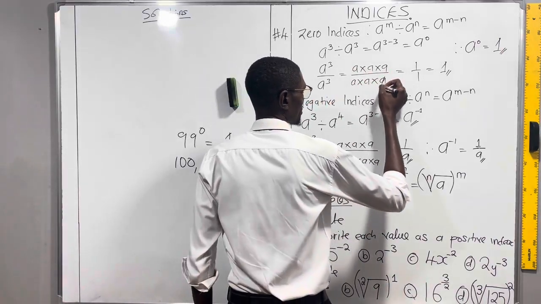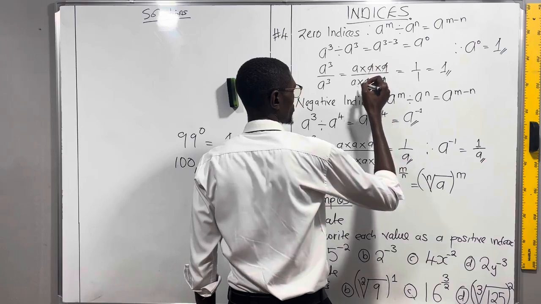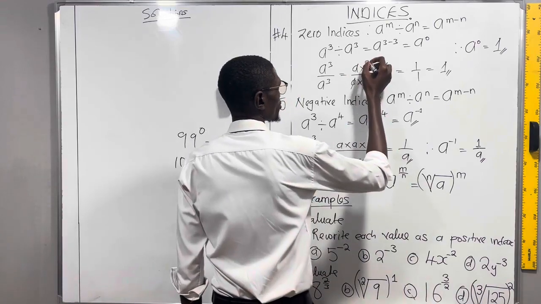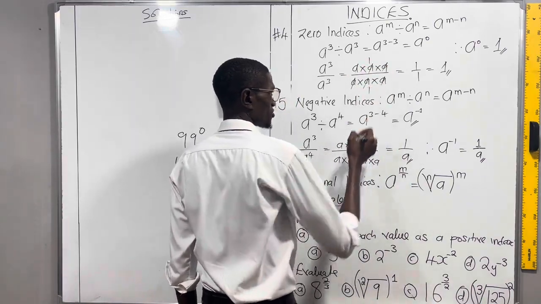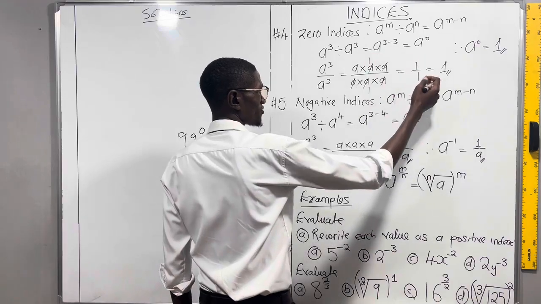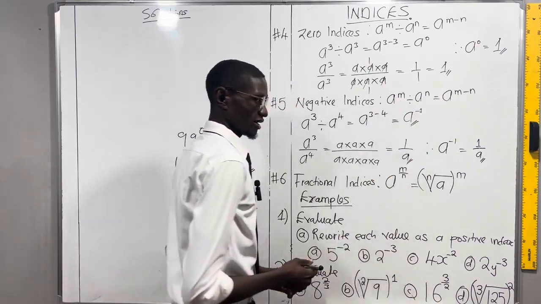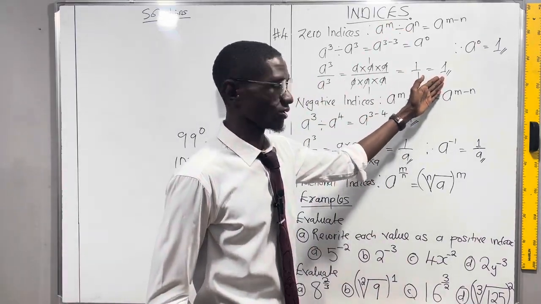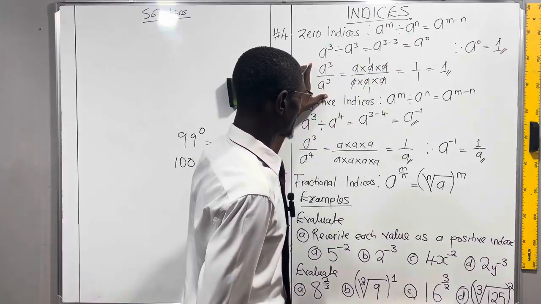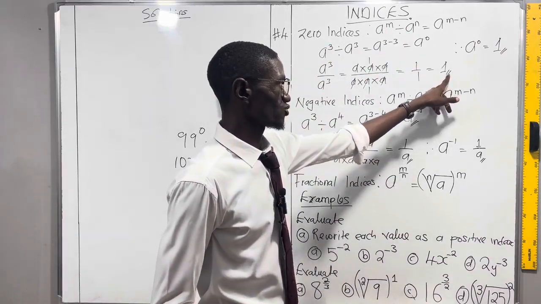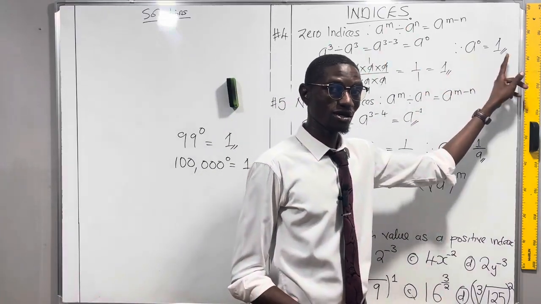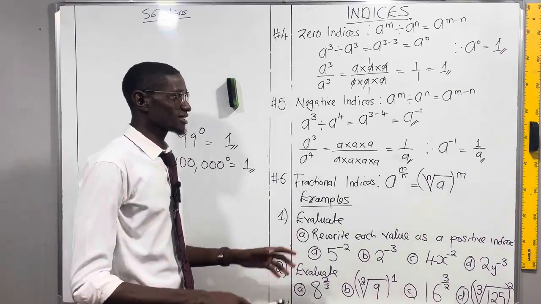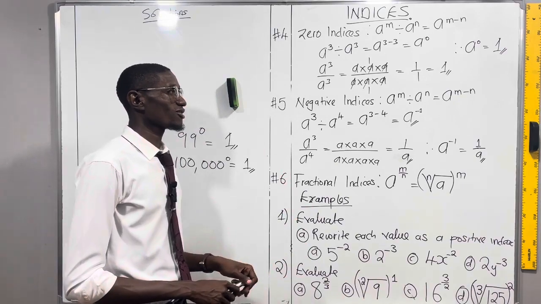So now we start cancelling. This a cancels that a, this one cancels that one, this one cancels that one. Because everything has been cancelled, we're going to remain with the 1 up there, and down here we're going to remain with a 1, meaning it's going to be 1 divided by 1, giving you a 1. Therefore, a to the power 0 is the same as what we have found here. This same question gave us this one, and this same question gave us this one. Therefore, any value raised to the power of 0 is equal to 1. Don't even try to overthink it, just know that any value raised to the power of 0 is